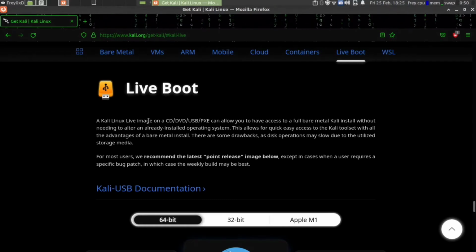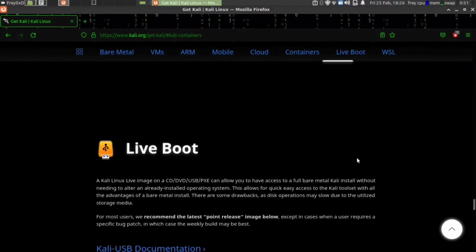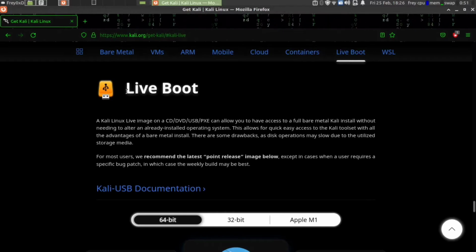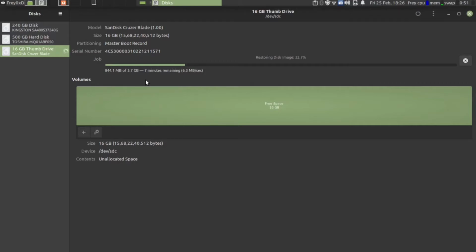If you are a Mr. Robot fan, you must know that feeling when you can just crack everything. So I think this is cool. I already have one pen drive in which a live boot Kali Linux is installed, but as someone has requested me to do this, here it is. Anyway, it's kind of easy, anyone can just go and do this. You don't need a video for this one, but as I said, sometimes making this video is kind of cool. So now I will pause it again, and here we go.